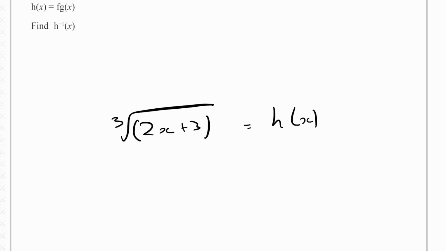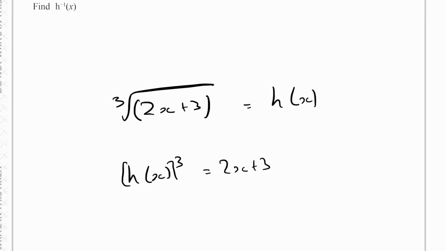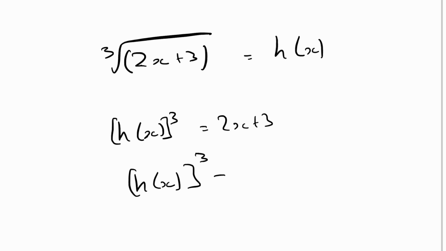So to find the inverse, we just want to get x on its own over here. So the first thing we could do is cube h of x, and that would be equal to 2x plus 3. So I've just switched the sides here. Then essentially you want to take, so this would be all of h of x, by the way, and then essentially you can minus 3 and then divide by 2. So h of x all cubed minus the 3 divided by 2 will give you x,